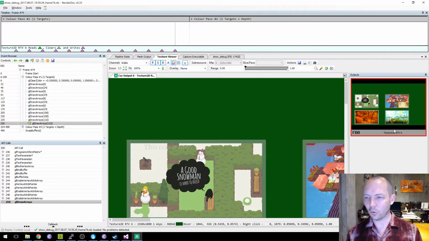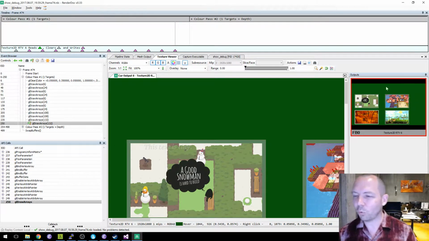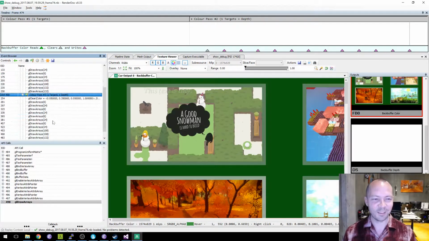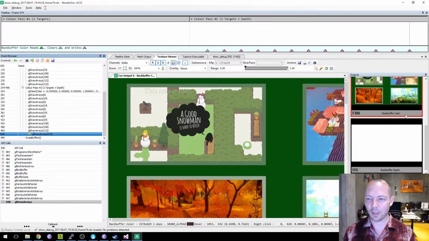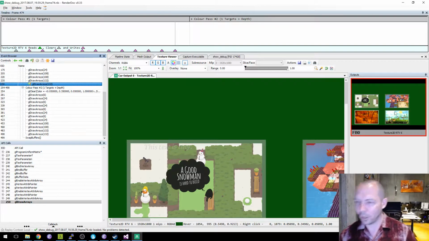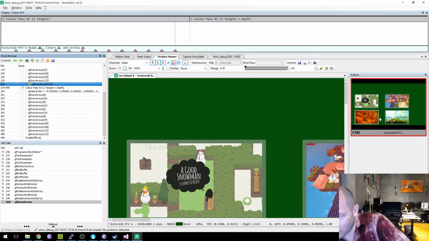So this is the render target, and we see that, okay, it's 1080 wide, and we're not rendering to the whole texture, which again, I'm not sure why. But we'll debug that. And then again to the back buffer, we're rendering the whole thing. Okay, so we're rendering the scene twice. Now we want to fix this.